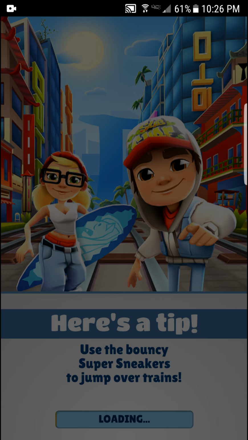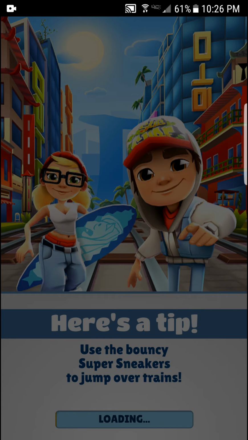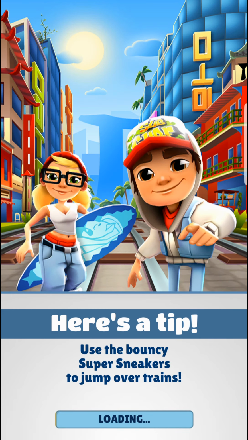Let's wait for it to load. It takes time for loading. Yeah, I'm gonna have to choose an account. I'm already using my own Haris Iftikhar account. You guys use your own if you have. If you don't have, nothing happens. It still works. I'll wait for it to load. Hopefully it's not going to take that long after you've installed it, and then after that you play it on a daily basis, because it just takes a little time for it to install in the beginning, but then after that it doesn't get